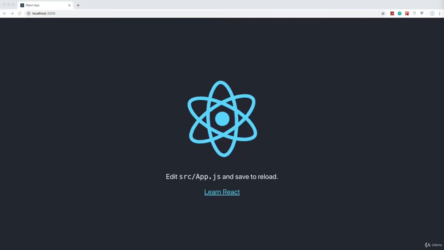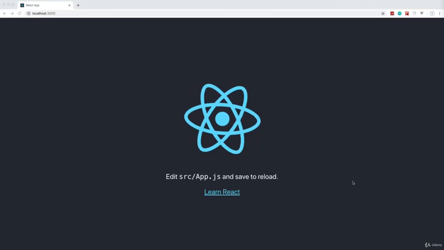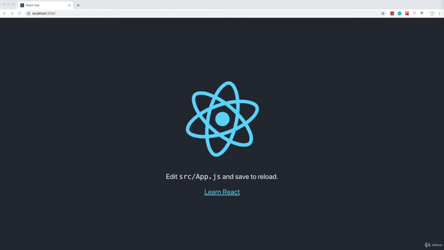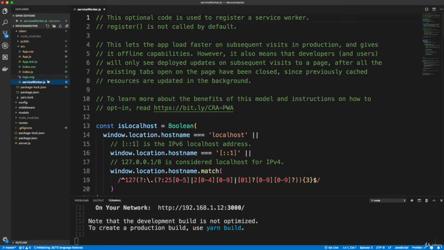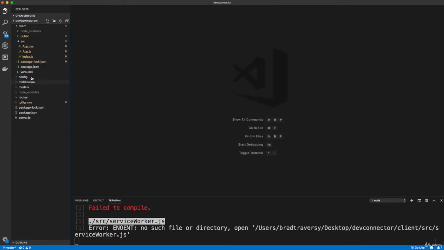All right, so now we're going to do some basic cleanup here in our Create React App application or boilerplate. So in VS Code, I'm going to go into my client source folder here, and I'm going to delete some files. I'm going to get rid of serviceWorker.js, logo.svg, index.css, and App.test. So I'm just going to completely delete those files, which will break our application for now, but we're going to